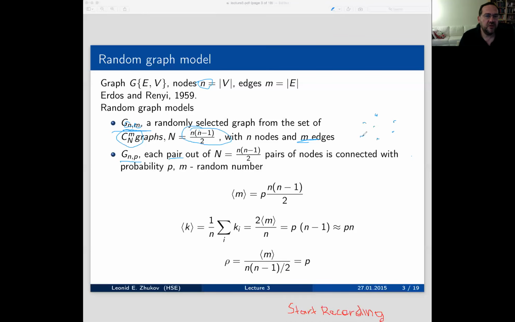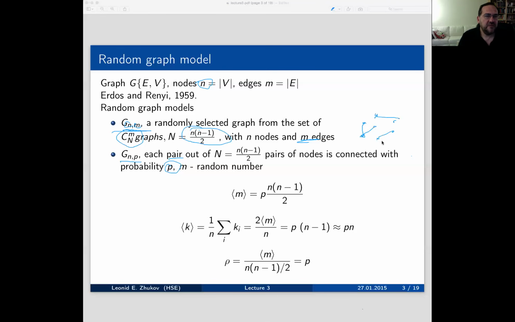And then you go over all the pairs of nodes, and there is a fixed probability P. And you go over all the pairs of nodes and connect them with this probability. In other words, if you're actually building this, what you do is for every pair of nodes, you flip a coin, and you can compare the probabilities, and you create a random number generator from 0 to 1. And if the probability that you generate is less than P, you do not connect them. If it's greater than P, then connect them. And in such a way you build a graph.